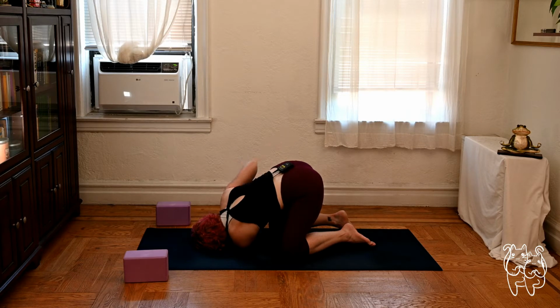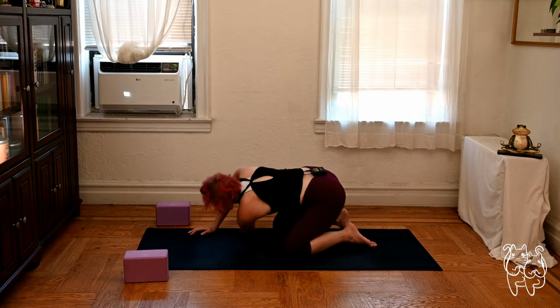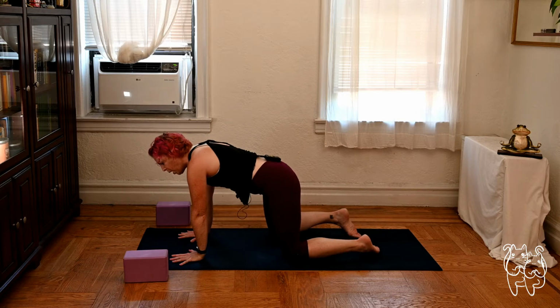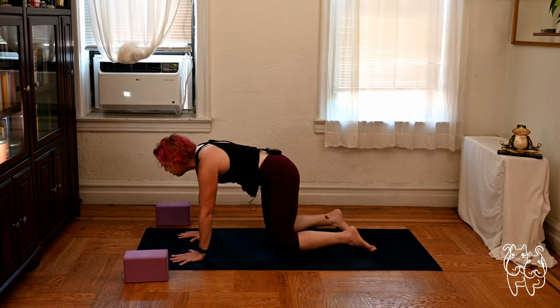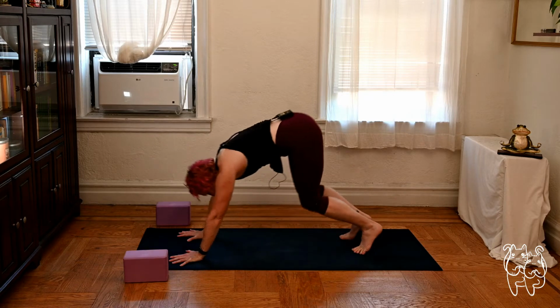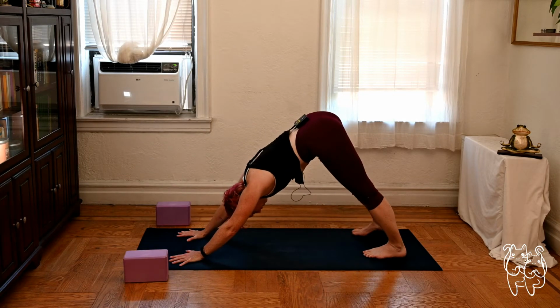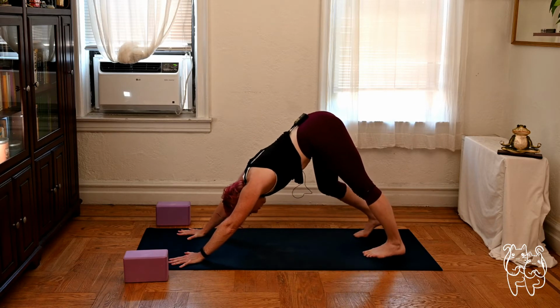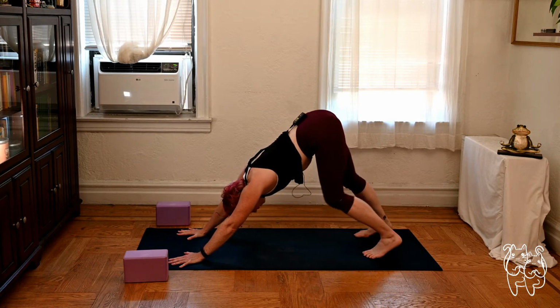And coming back again onto hands and knees, let's go right into our down dog. Spread the fingers wide, lining up the wrist crease with the front edge of the mat, inner elbow creases forward, hips up and back. Feel free, if you like, in your first down dog to walk out the feet as you bend one knee, the other,